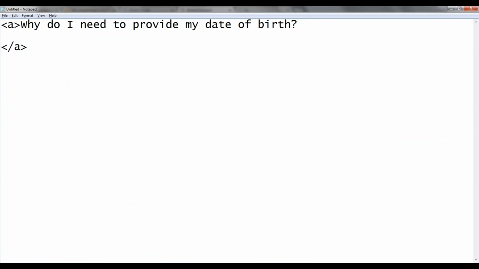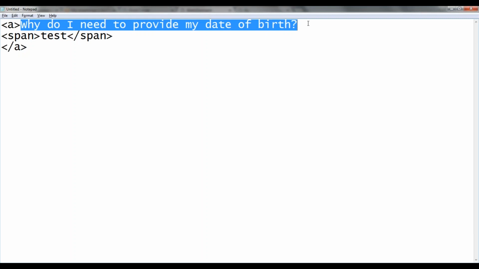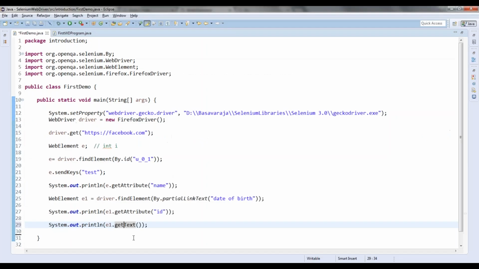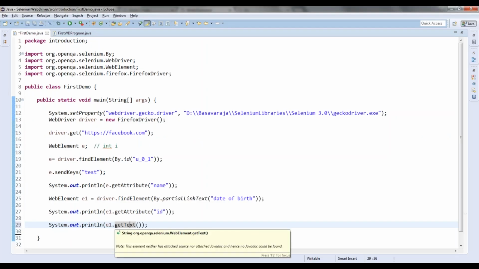It will give me the text in between these elements. What is a sub element? If A has some span and that has some text, so this is the embedded element, it will give me this text also, as well as this text, if it exists. So this get text will return a string.